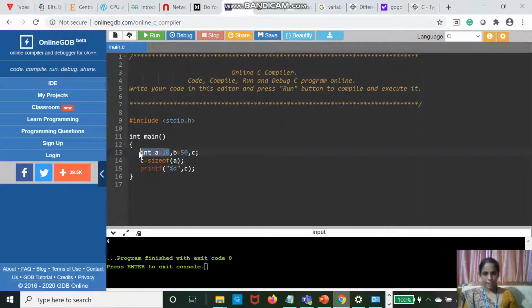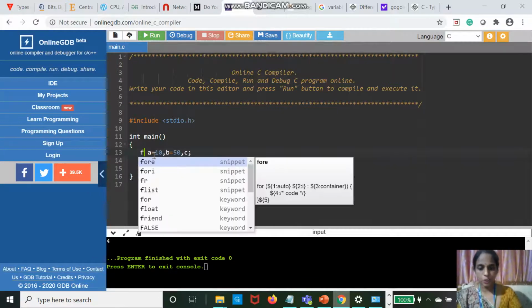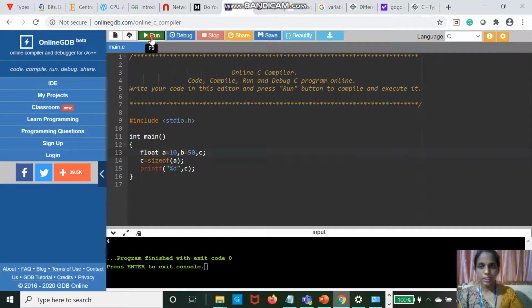It reserves a memory space with the name A. It can store an integer value, that value is 10, right? How much memory space do you have to reserve? 4 bytes, because A is an integer, and the size of an integer is 4. Suppose it is float. Then see the answer.